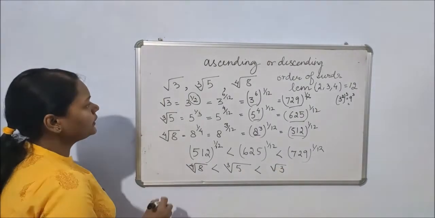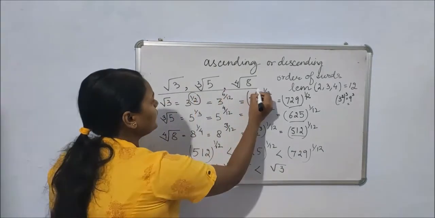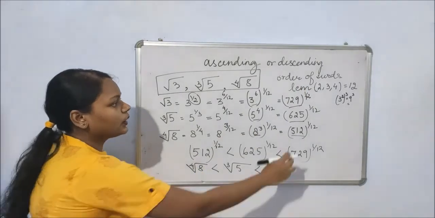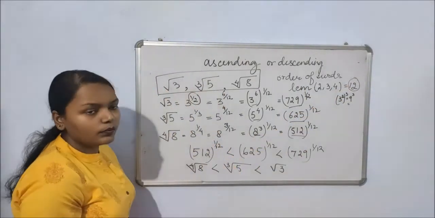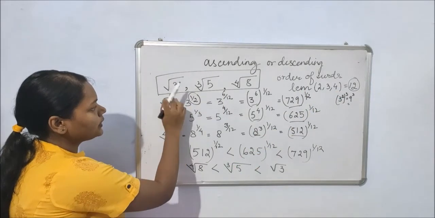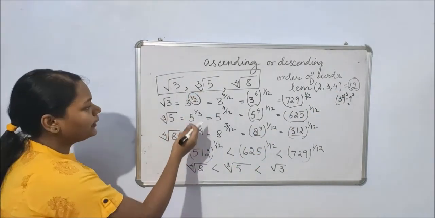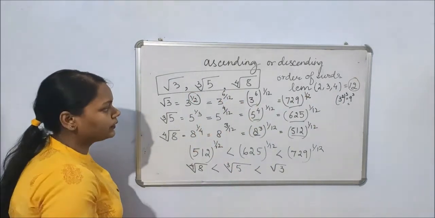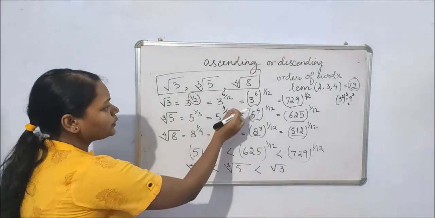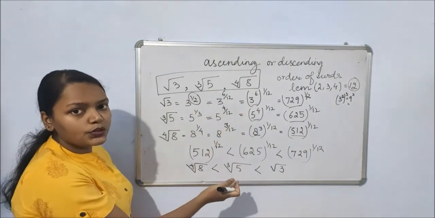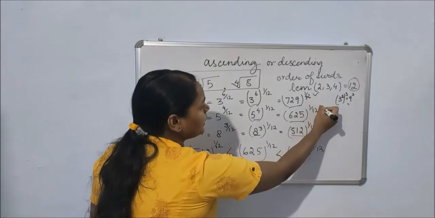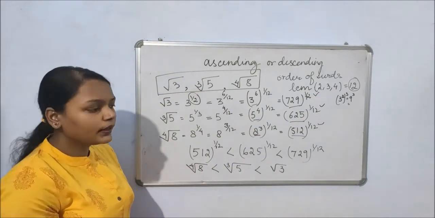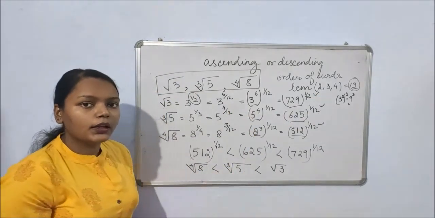Again, have a look at what we have done. Whatever values were given as the question, I first checked their order of surds and took out the LCM. Now the aim is to make these powers, which we have converted into exponent form, have the denominator as that LCM, which is 12, and then we manipulated them. So we simply applied the laws of exponents and made the powers the same in all. You can see 1 by 12 is the power for all. When the power is the same, numbers can be compared. Hence we are able to find the ascending or descending order.